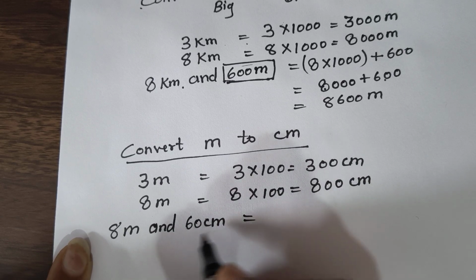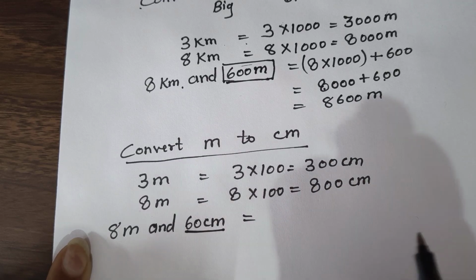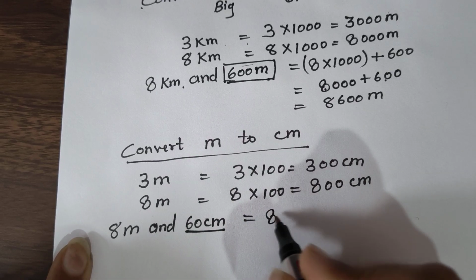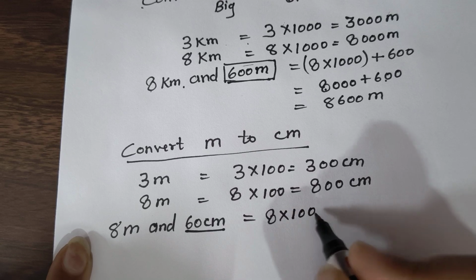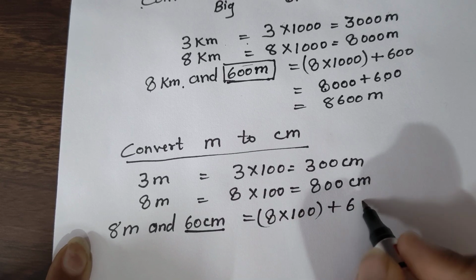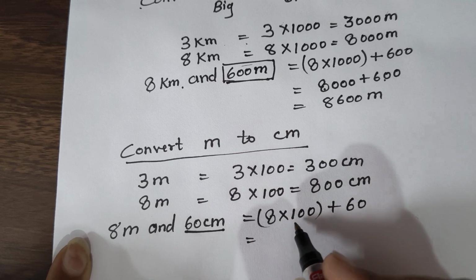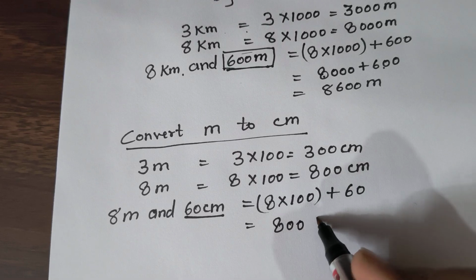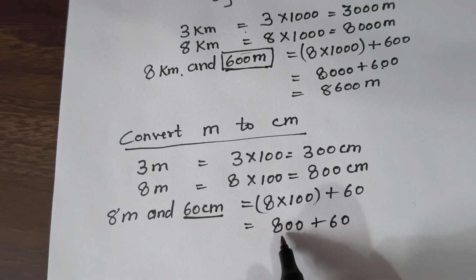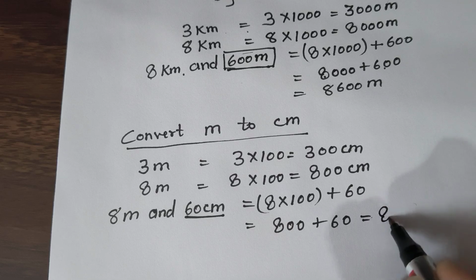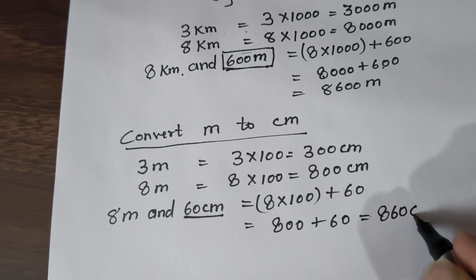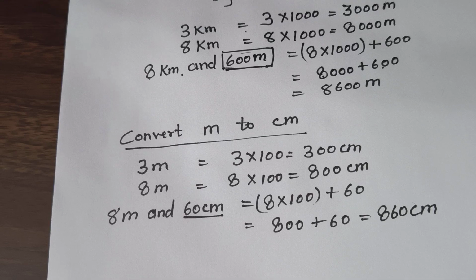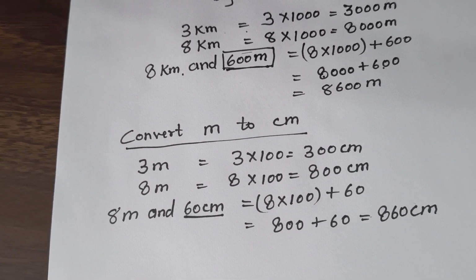Then this is already in centimeter, इसको हम चेंज नहीं करेंगे, इसको करेंगे 8 multiplied by 100 plus 60 is equals to 800 and 60 we will add to it, so together it will become 860 centimeter. Clear? I think you understood. Now the next one I am showing you is